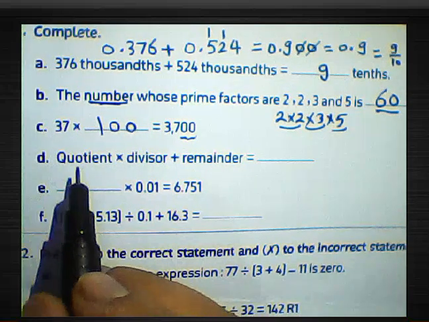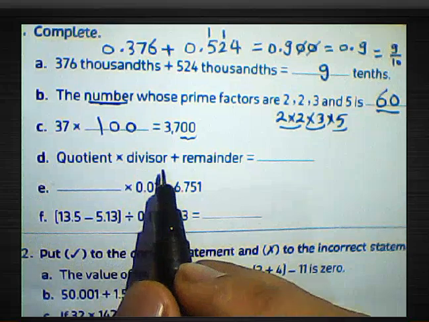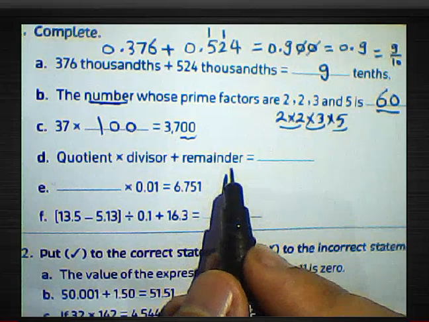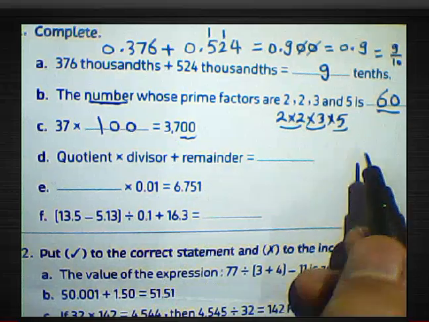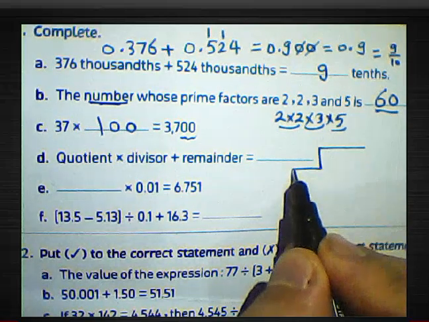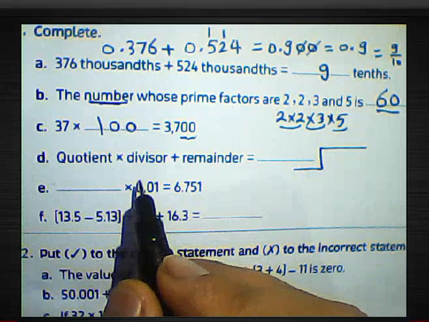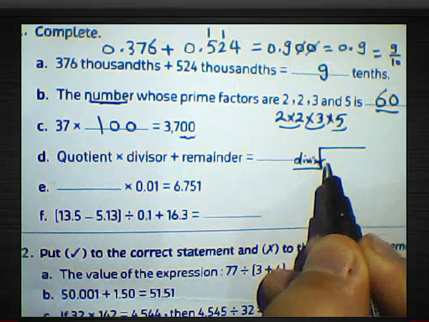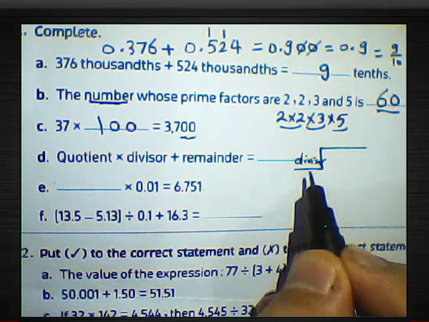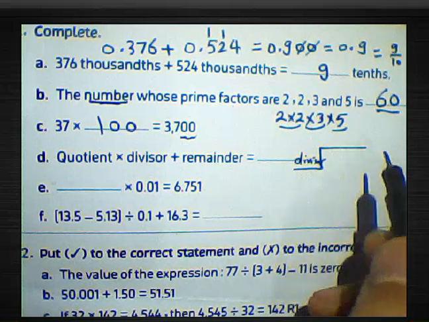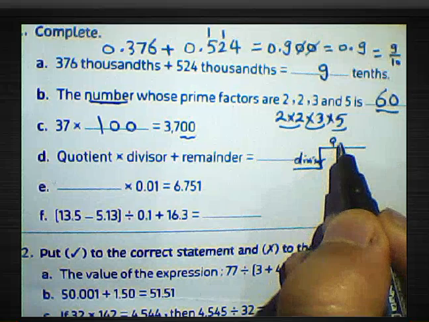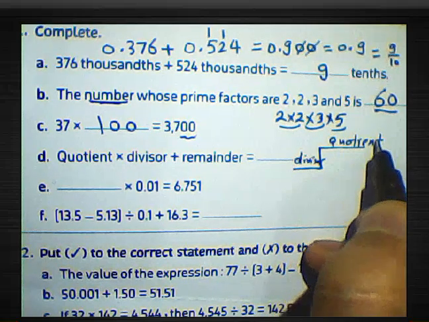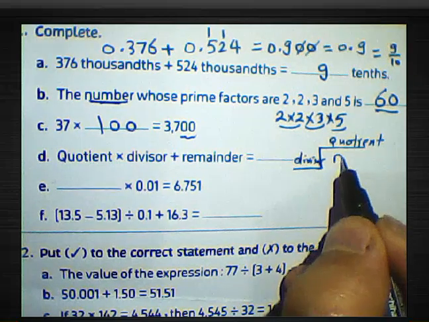Letter D, quotient times divisor plus remainder. It gives me what? It means the dividend. Okay, look here at this rule. We can write here divisor. Okay, do you remember this shape? Divisor, and here quotient, and here dividend,